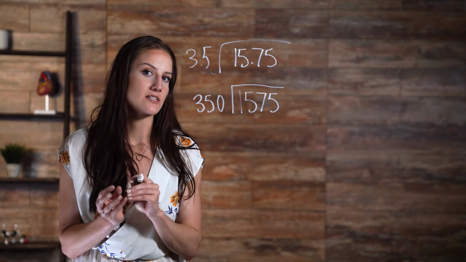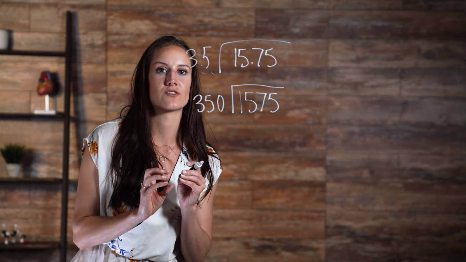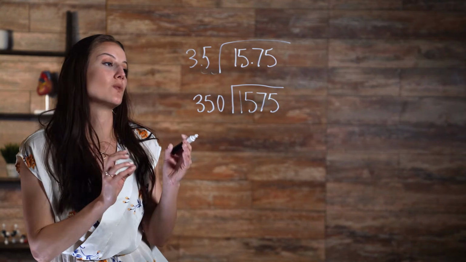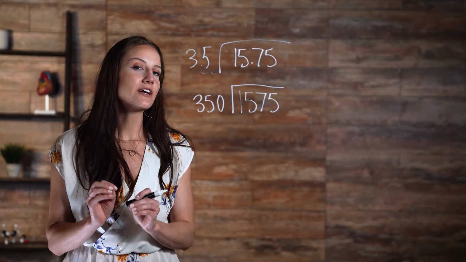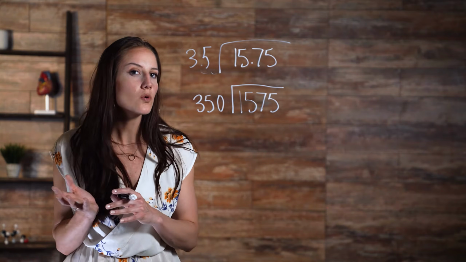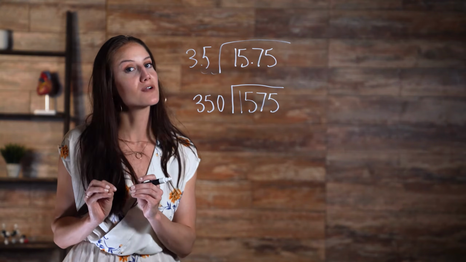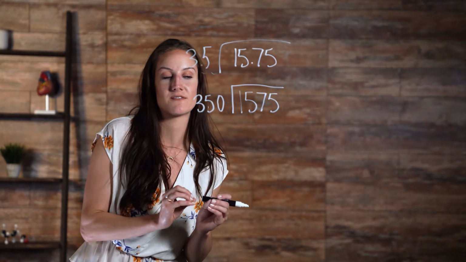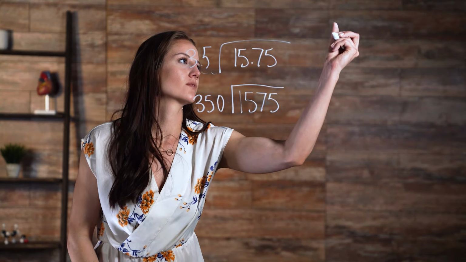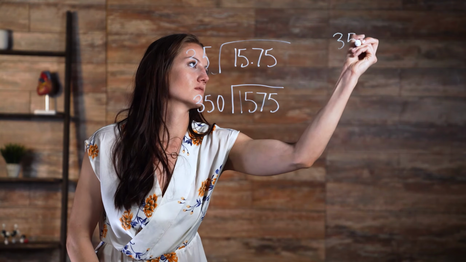350 does not go into 1, 15, or 157. So we need to guess how many times it goes into 1,575. 350 goes into 1,000 around 3 times. So 4 would be a good estimate for the number of times it goes into 1,575. Let's do some quick multiplication to double check. 350